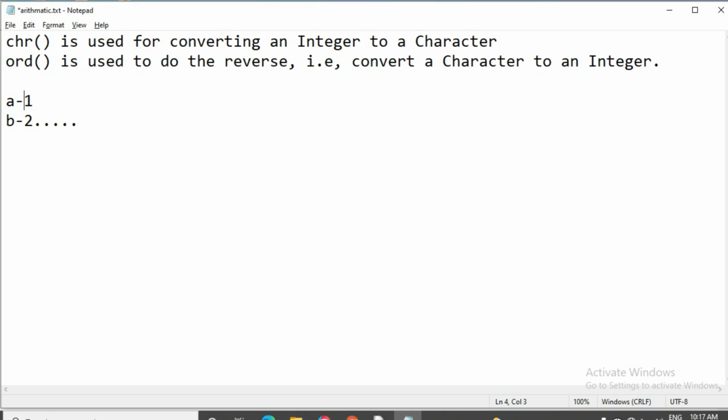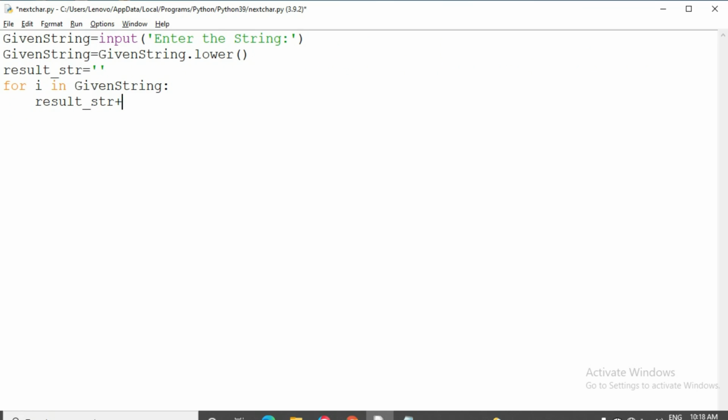If the integer value is 1, this function converts this 1 into the character A, and vice versa. The ord function does the same in reverse. That means it converts the character into an integer. If the character is B, this function converts the B value into 2, and finally it will display the result as 2. These are the two important functions we have used here.